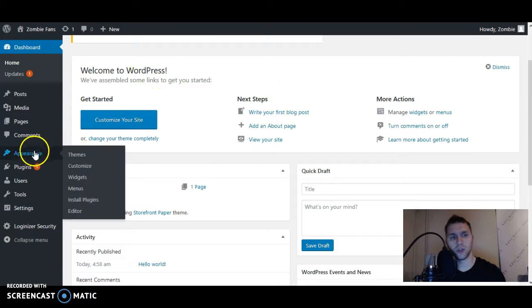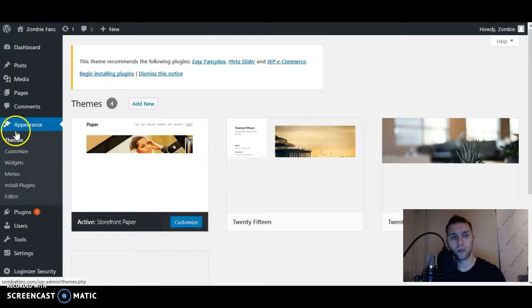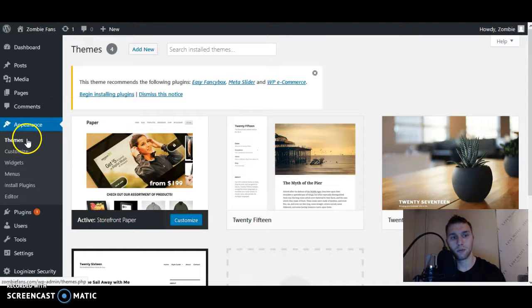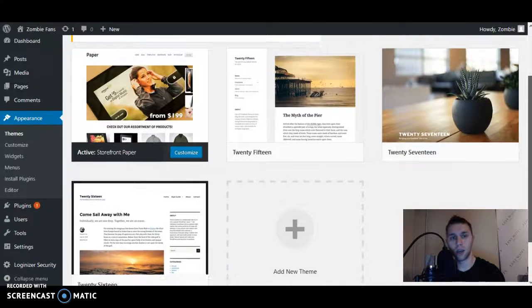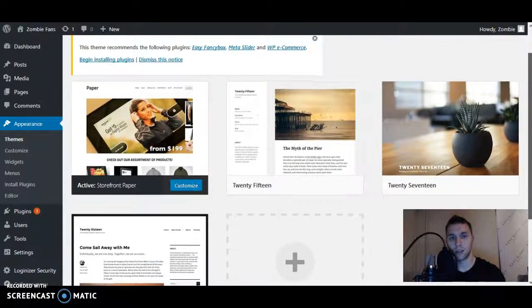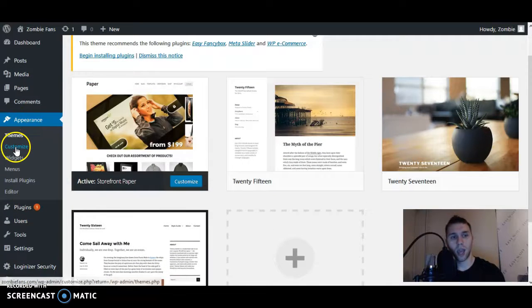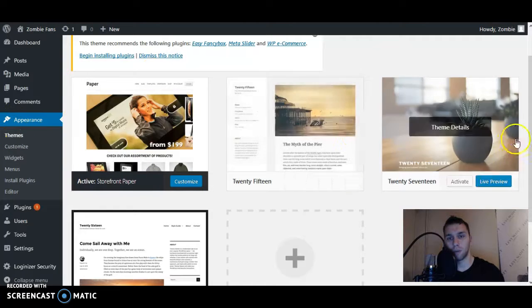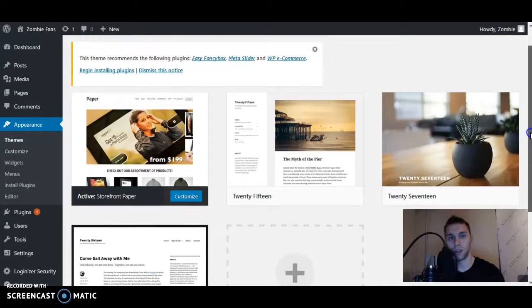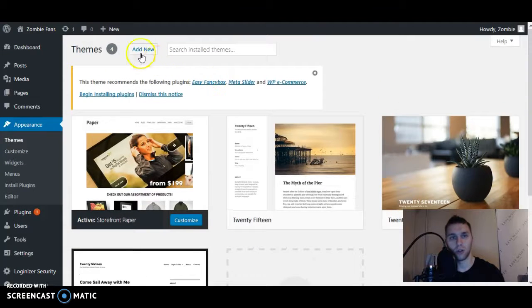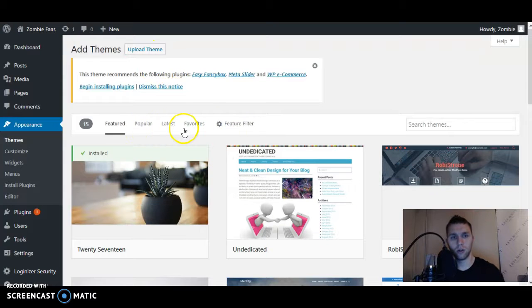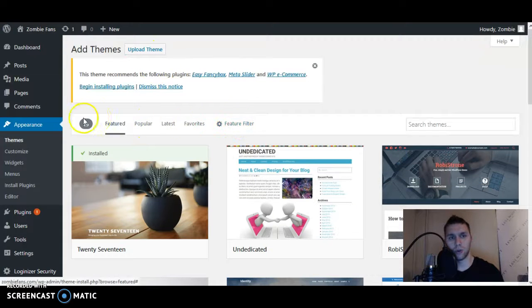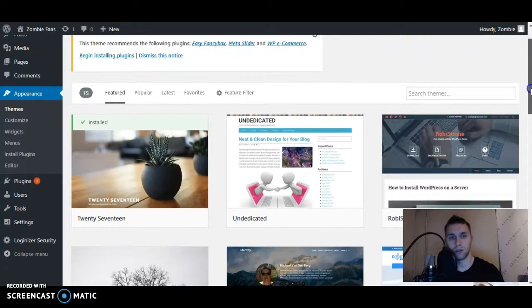So what you're going to do is go into appearance and themes. Okay. And this is where you'll actually be able to set your theme. So whatever you want it to look like, that's what you're going to be able to do. And once you pick your theme, which is going to be any of these, or you can go to add new,